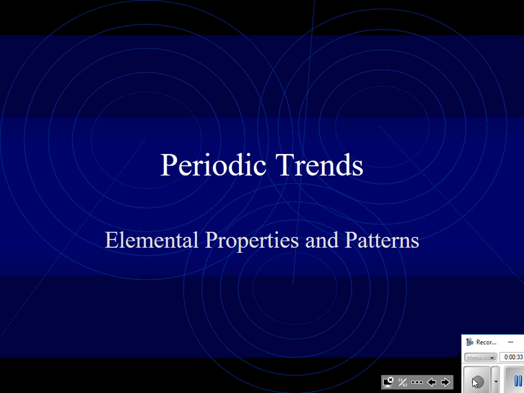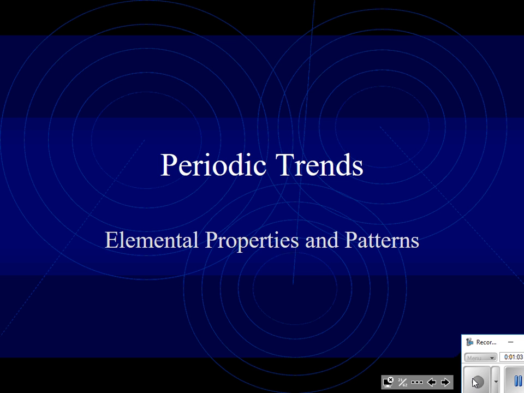So we've talked a few things about the periodic table, and you might as well take your periodic tables out now. We're going to be using them throughout the day. We've talked a little bit about them, such as metals, nonmetals, metalloids. We talked about the S block, the P block, the D block, the F block. So we are going to go on into certain properties